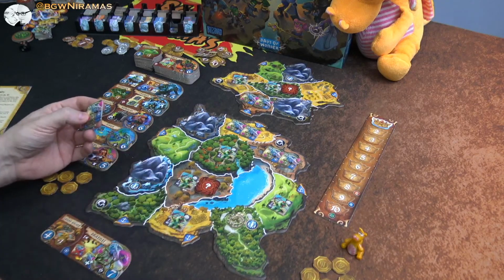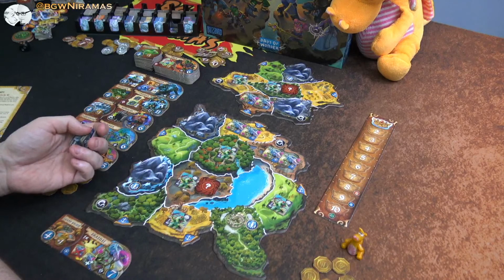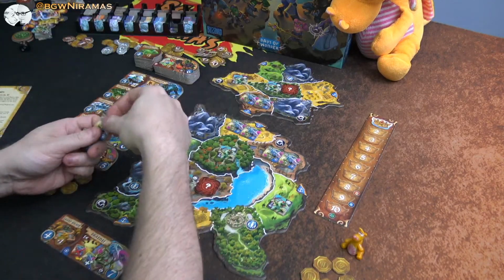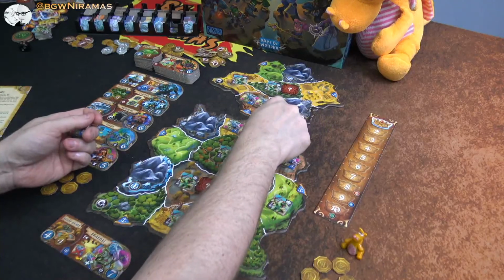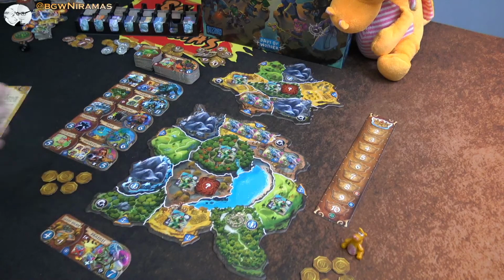Wait, okay, how does this work? This is new for me. It says I need +1 if it's a non-adjacent entry region. Oh, so because I went here first, I have to spend 3 here because it's not. Okay, yeah. That's how it balances out when you enter from the ocean instead of